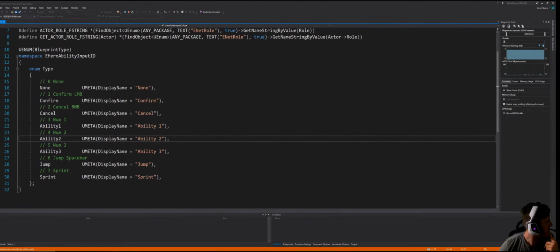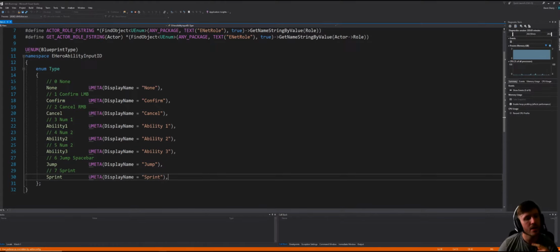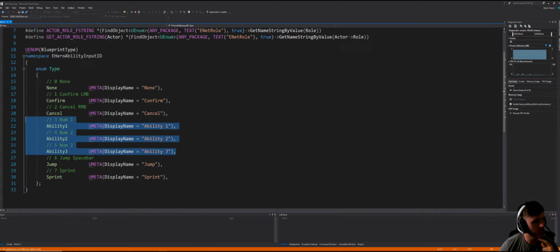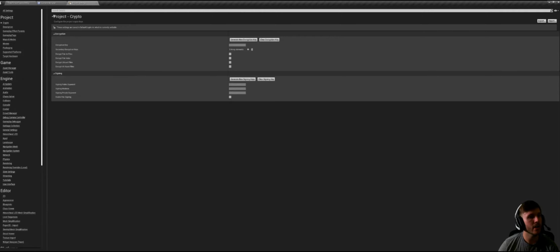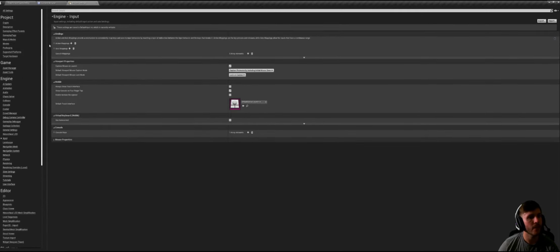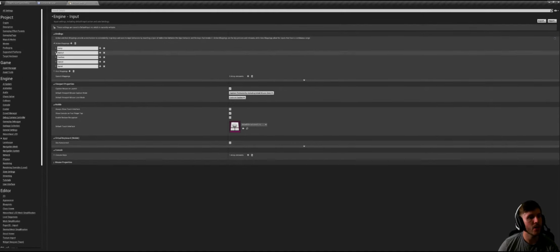So we have buttons for ability 1, ability 2, and ability 3 for now. We'll probably change that later in the future. But I added this code, and I don't think that information was put up on stream, so I just want to point it out there. And what we also did is in our project settings, under input, action mappings, we haven't done it yet, so